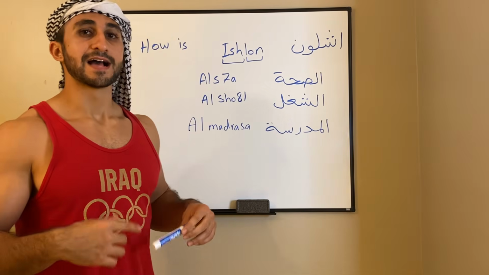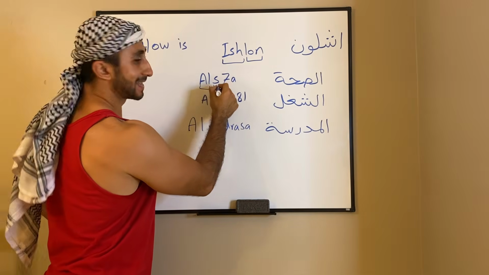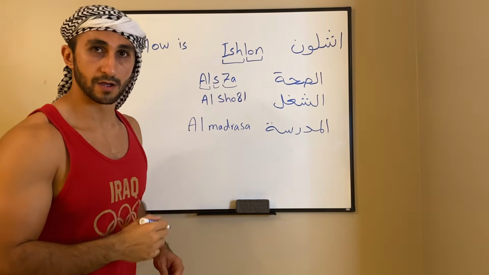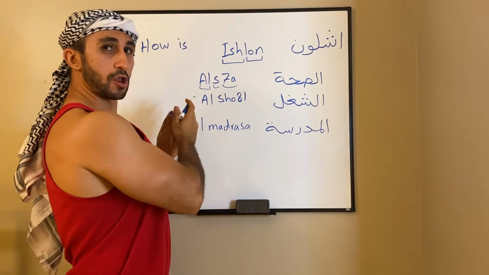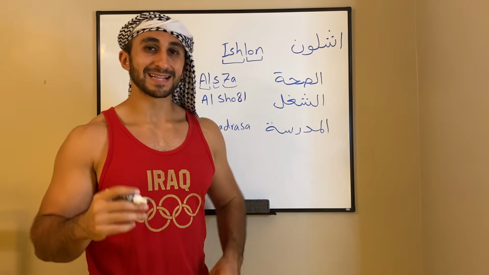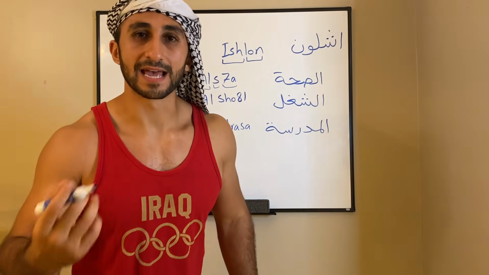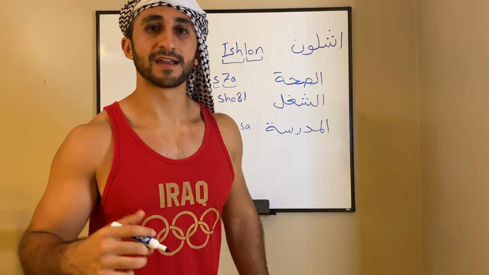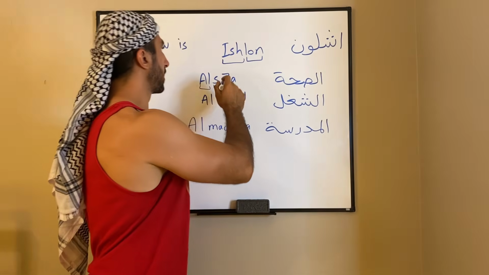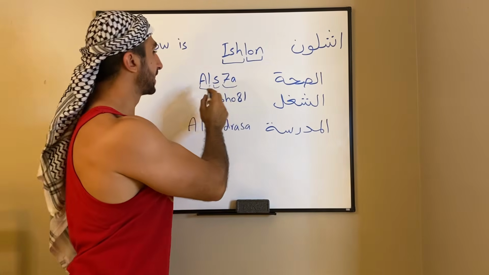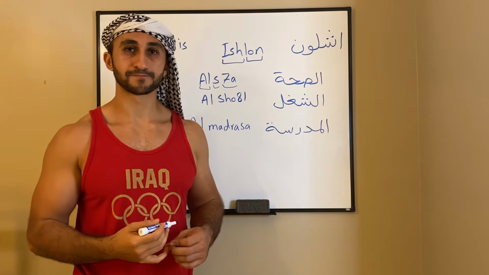How would you say health? Al-Sahha. Okay, so here, Al-Sahha. This letter unfortunately is also not in English, but it's close to the letter S. But it's not really pronounced S. It's pronounced a little bit harsher. It's more like sa. So it's the S and there's sa. Sa comes more from the back. Okay, so you could ask someone, Ishlon el-Sahha. How is your health? Okay.